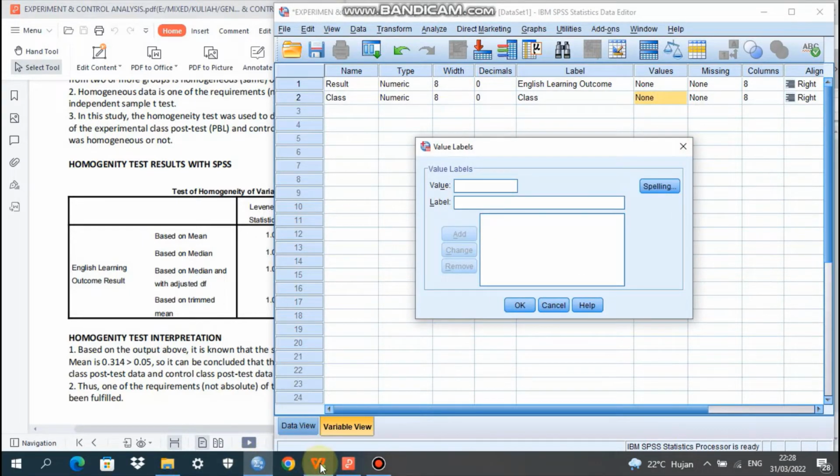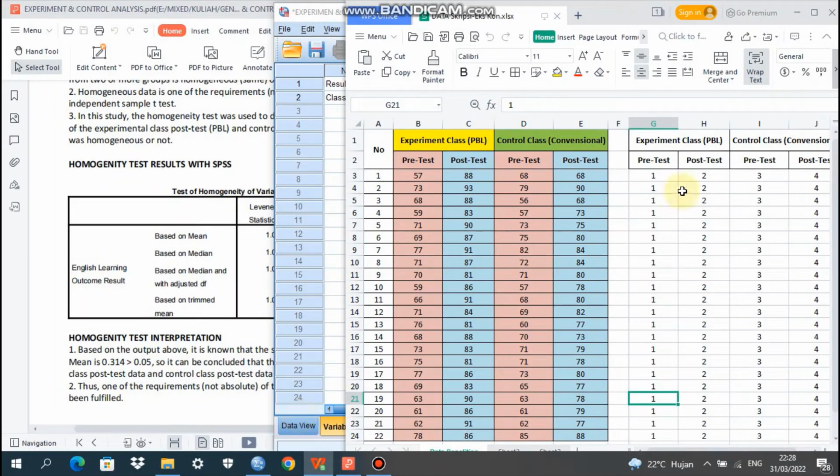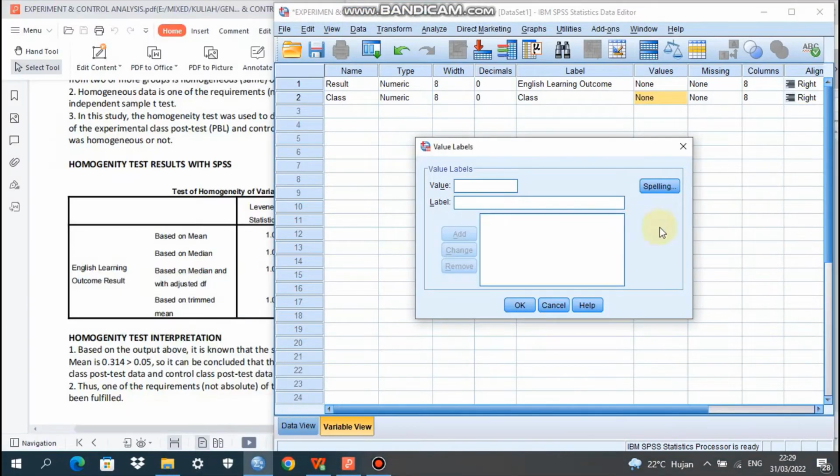For values, we check the Excel data again. We have here the post-test for the experiment class, the implementation of PBL, with its code, and the code for the post-test conventional class. The code is 4.